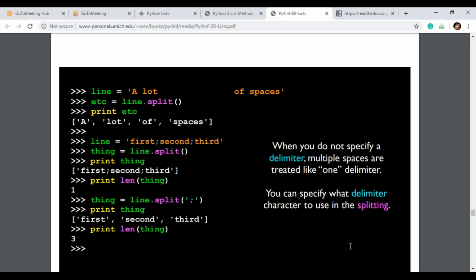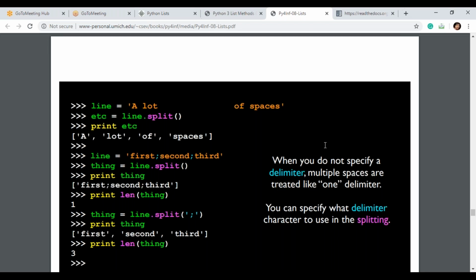There are 3 items, 3 elements available. See, that is what, when you split, it is not spaces, right? It is called a delimiter, and multiple spaces are treated like only one delimiter. You can specify what delimiter character to use for splitting.